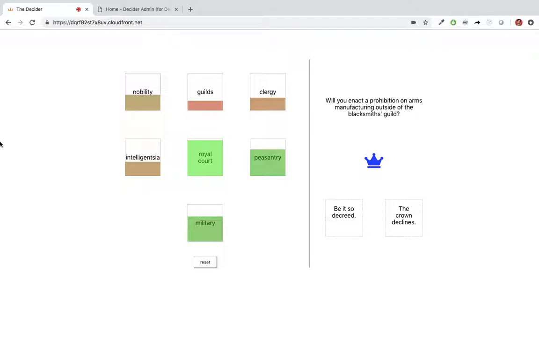Okay, so that's the UI. The other element to the app is the CMS. All of this is customizable, the questions that you see and the different factions here. Obviously, this idea of decisions and how they affect your standing with factions is just an interpretation of an abstract set of mechanics, which is that you have something here,